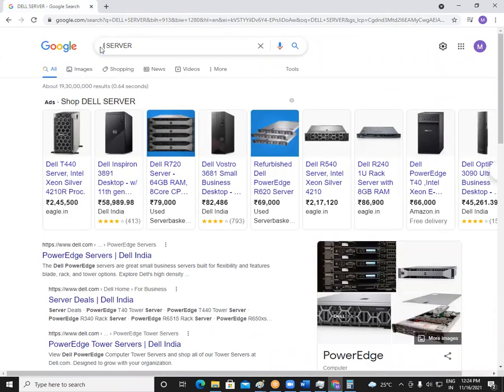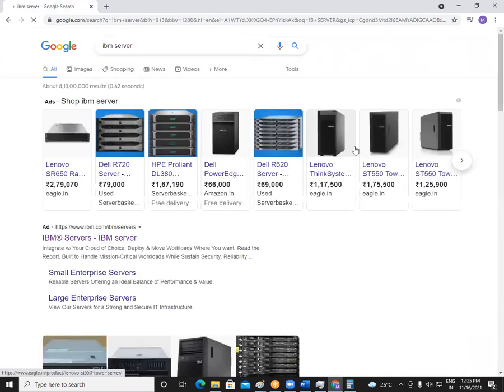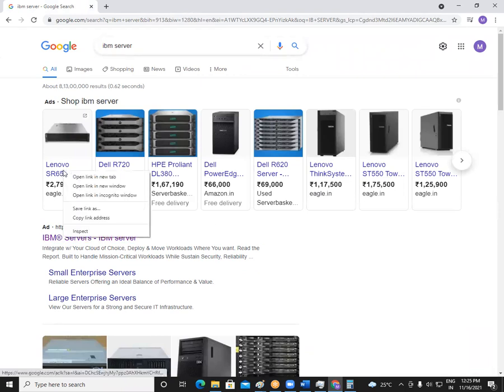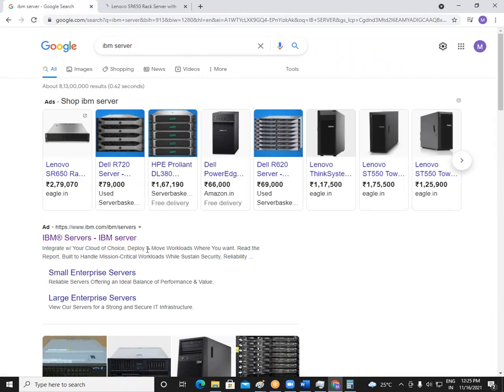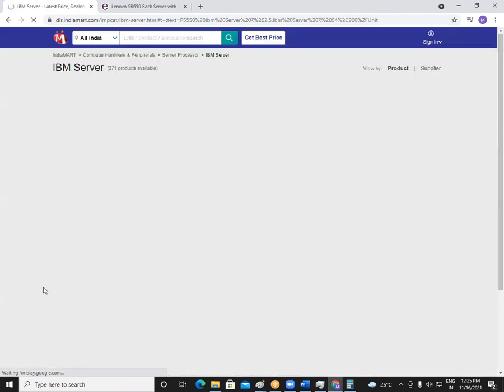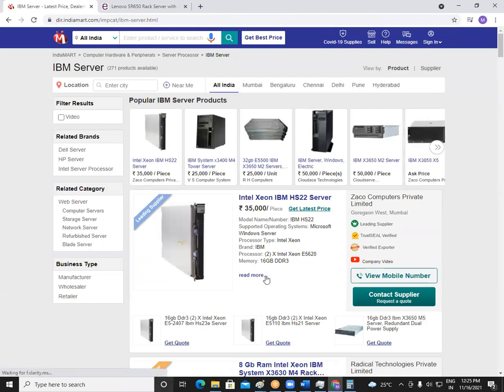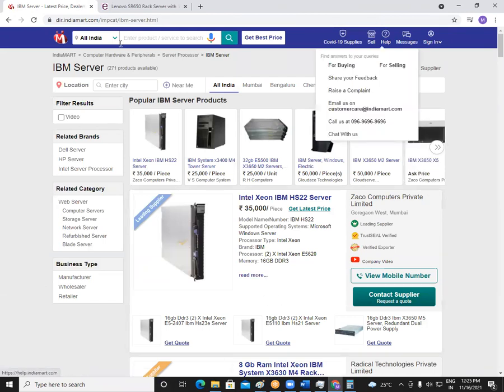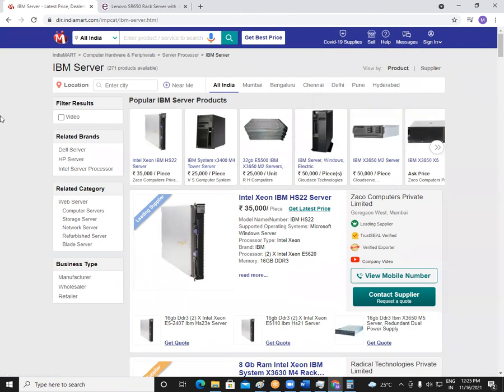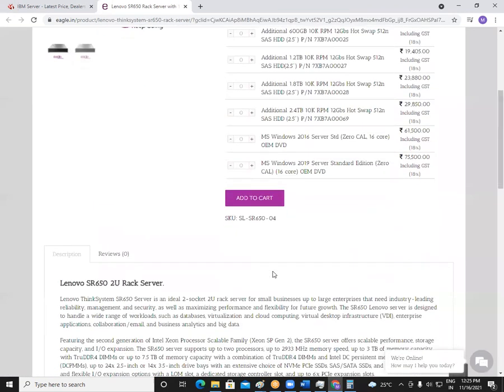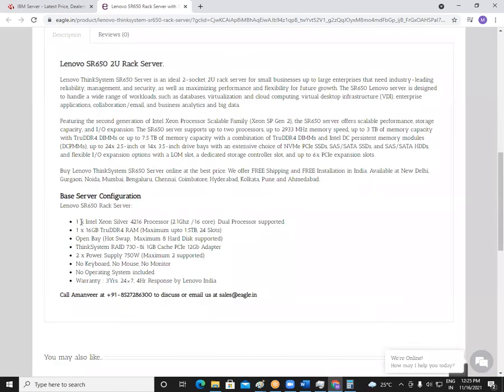Let me go with one more server, like an IBM server, again a very famous company. Okay, it's showing Lenovo also here, so I'll go with this Lenovo. This is showing, I think, the used one. Okay, let us go and check the Lenovo servers here once. Same Intel Xeon processors, 2.1 gigahertz, 16 cores. Again, it is supporting dual. It is supporting 16 GB RAM in each slot, and there are 24 slots available.